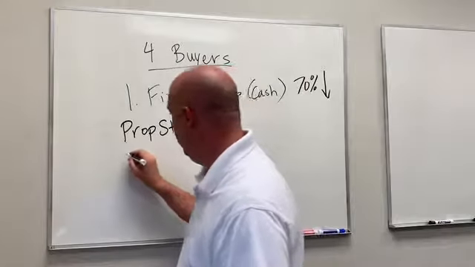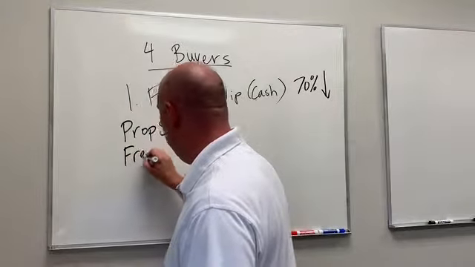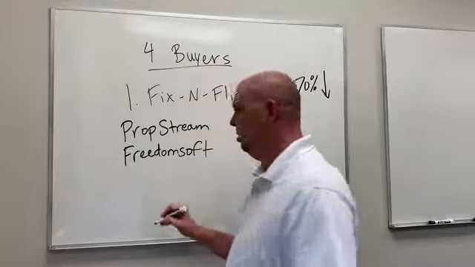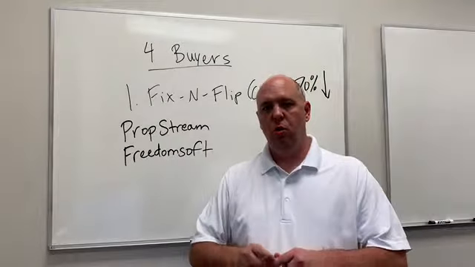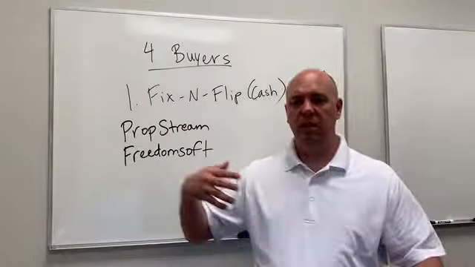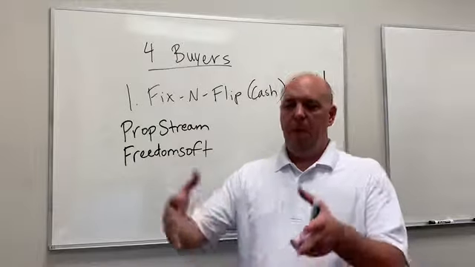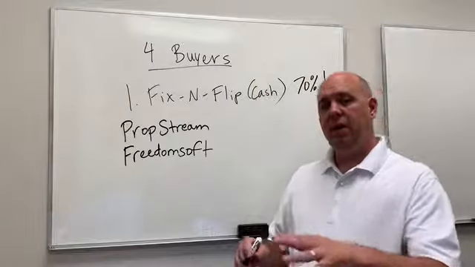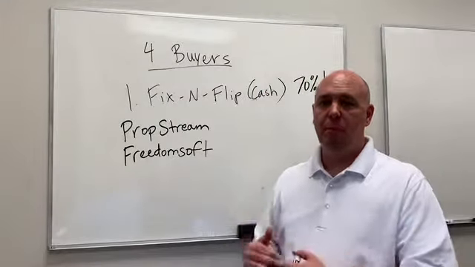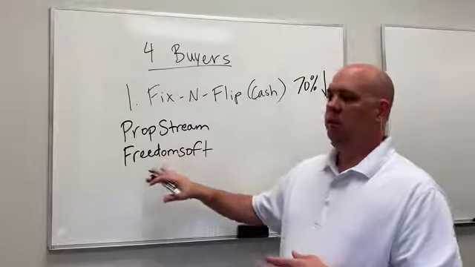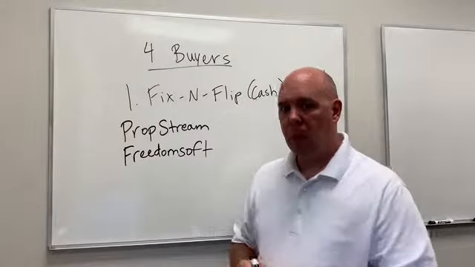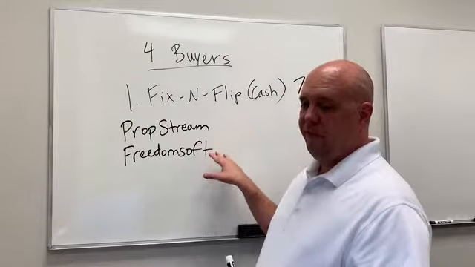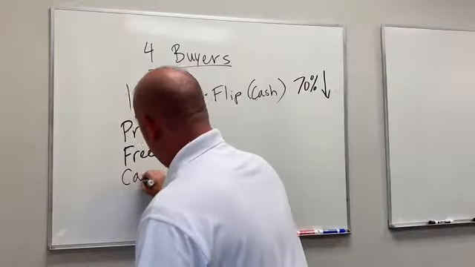Okay, so PropStream's one. FreedomSoft has been around for a long time and is a great resource. FreedomSoft is great because you can zero in by the zip code, the county, the city. You can find anyone that bought properties in the last 6 months, anyone that bought properties in the last year. What's really neat about that too is you can also see the ones that have bought multiple properties. So you can find people that bought, say, 24 properties in the last year. They're really active buyers. So PropStream, FreedomSoft, okay,